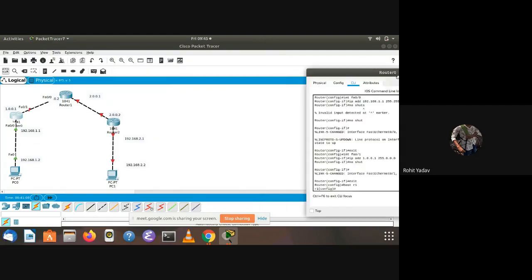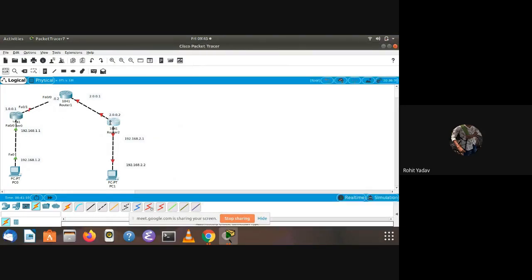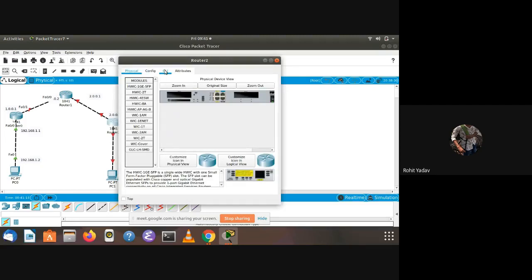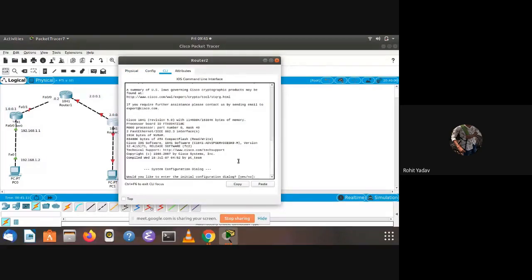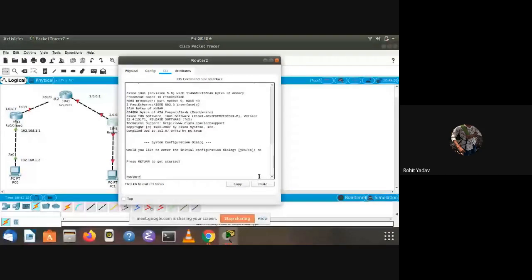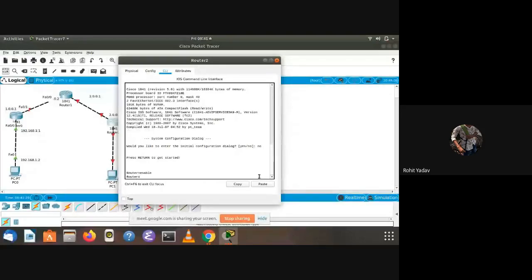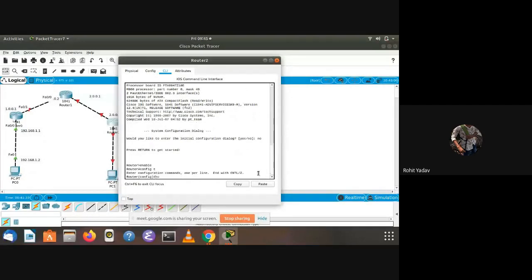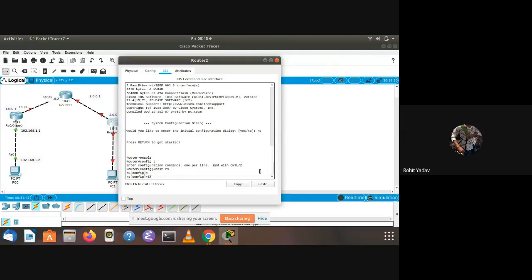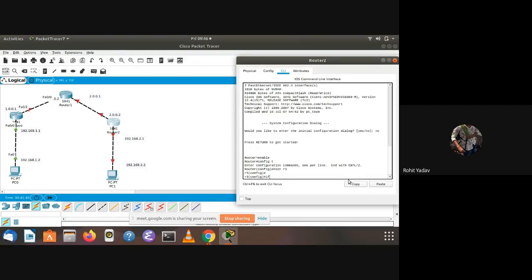Now we will go into router 3 with the same configuration. We enable, then go into config mode. Host R3. Now we will go into this network.